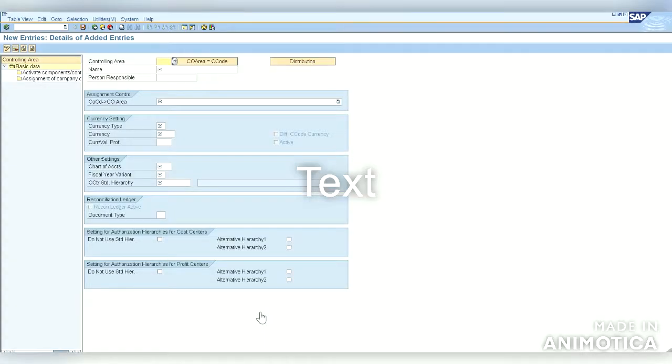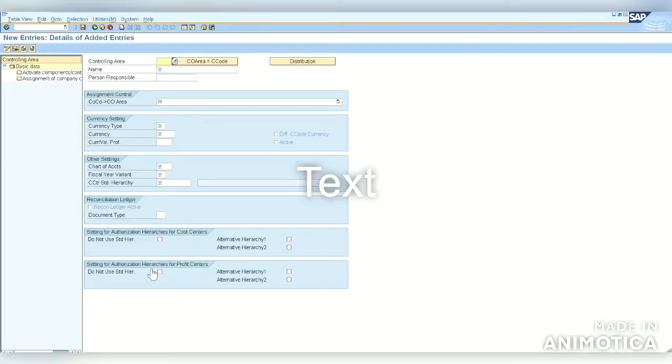Now let us see how the controlling area screen looks in SAP ECC. This is the controlling area screen in SAP ECC. This part looks the same, and even this, and even this. But in other settings there is one option, hide controlling area from F4, that is there in S/4HANA.